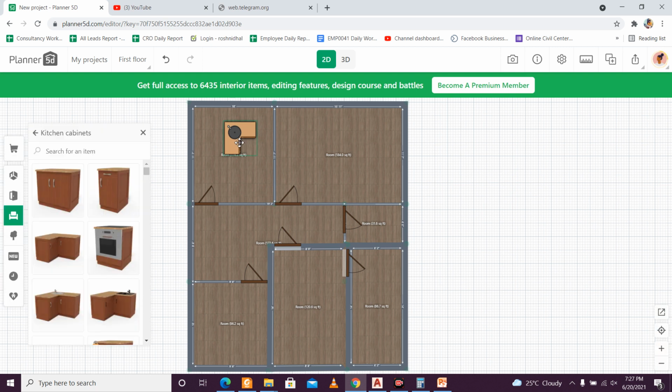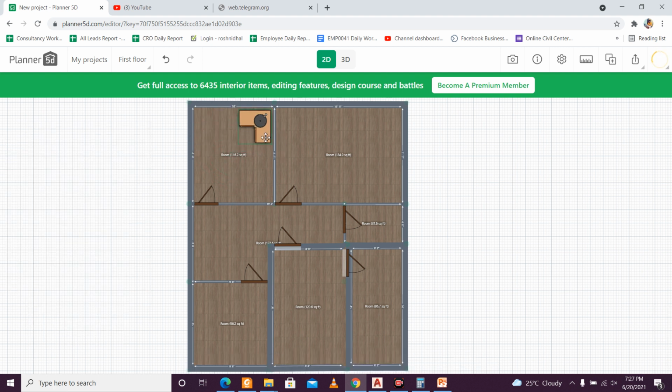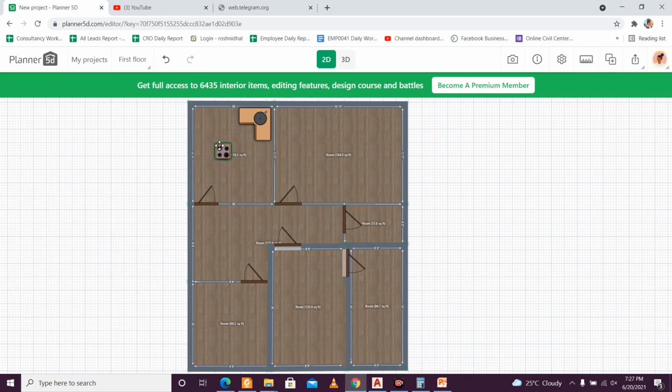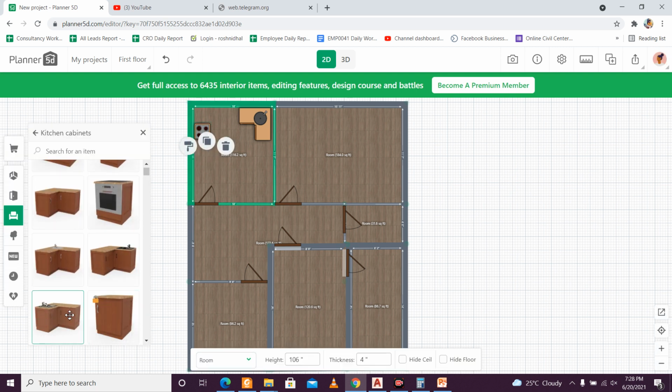This is a sink, and then we'll rotate this sink, because as per Vastu, you cannot keep the gas cylinder and the sink in the same line, so we're keeping a different line. So I'm keeping the sink here, and I'm keeping my gas stove, this gas burner, here, and I'll put some stoves or table kinds of cupboards here.